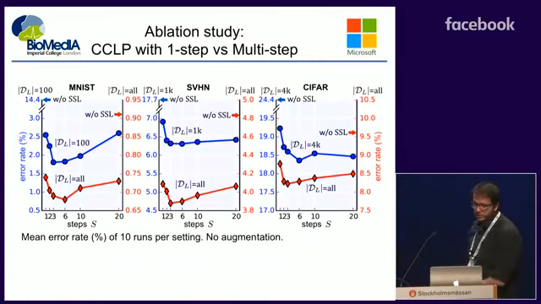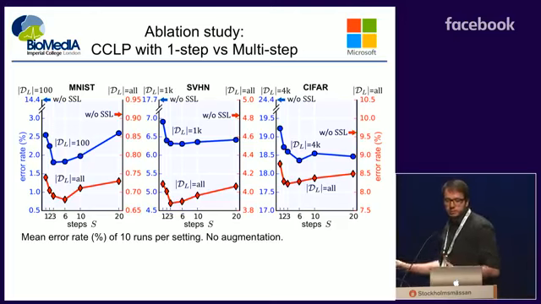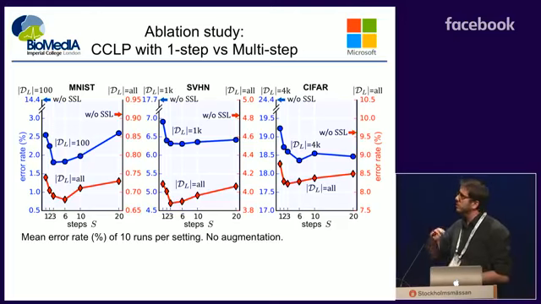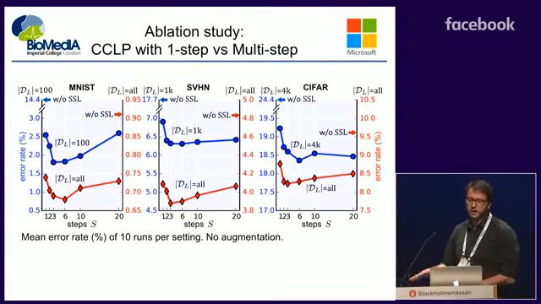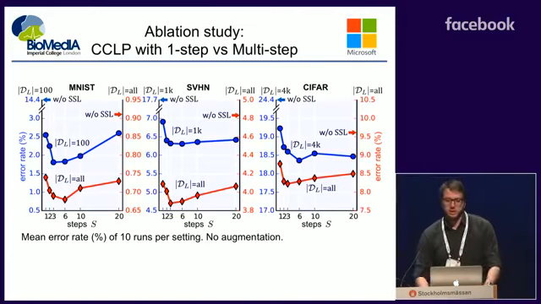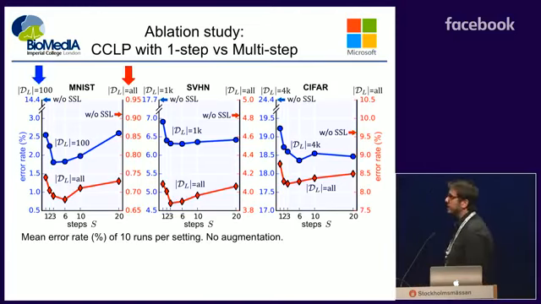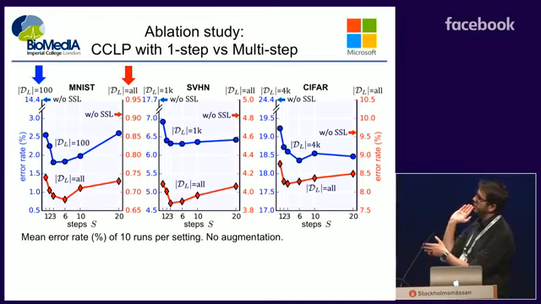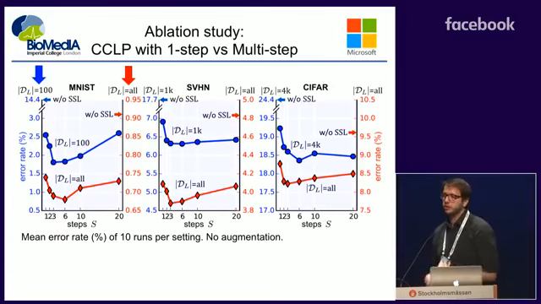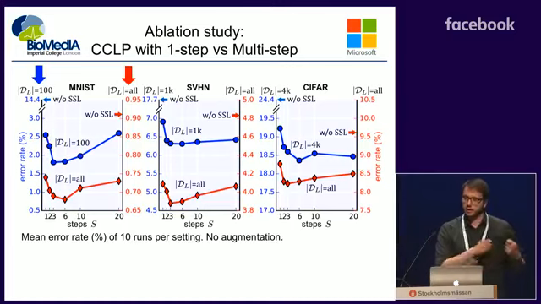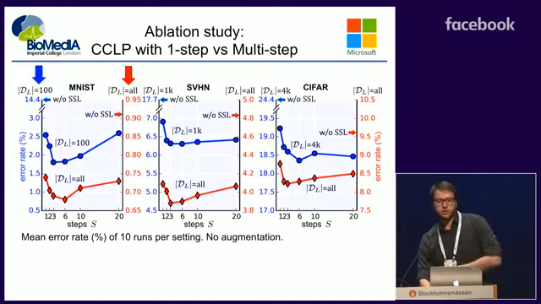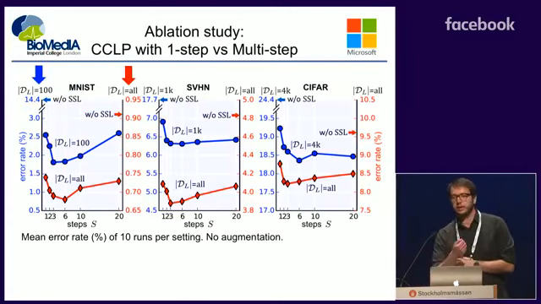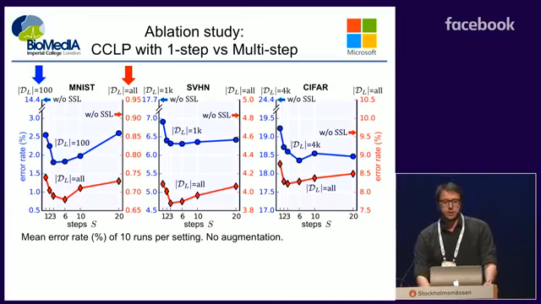And finally, an ablation study that we did, again on the same benchmarks in different settings, where we changed the metaparameter S, which is the maximum length of the Markov chains that we are optimizing over, to check its effect. At every benchmark, the left axis and the blue line show the setting where you are using SSL with CCLP, our method, but with limited labels. And the right axis and the red line is when we are using all the labels, just to check all the settings, right?